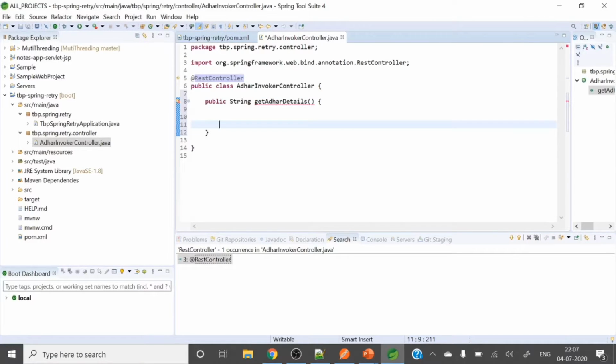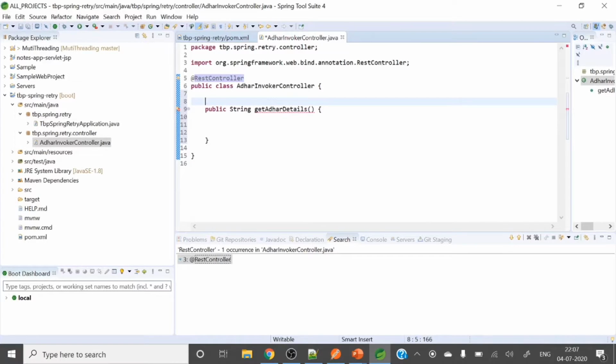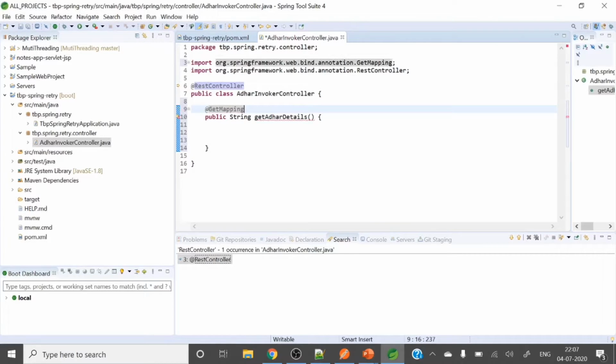Let me annotate it with @GetMapping, and here we can put value /getAadhaar, consumes application/json, produces application/json. Okay, here you go.